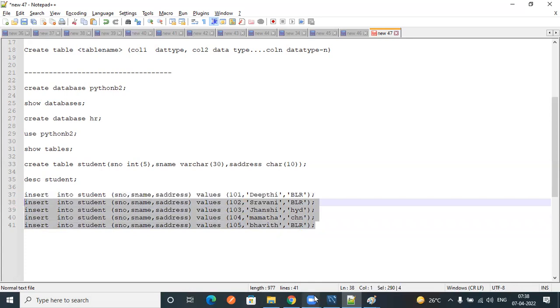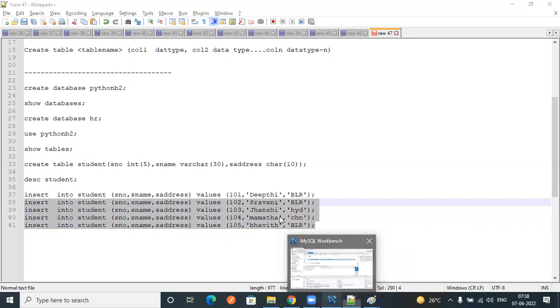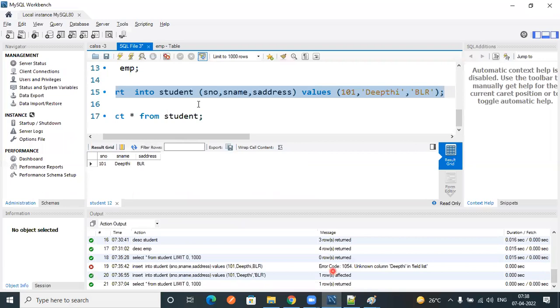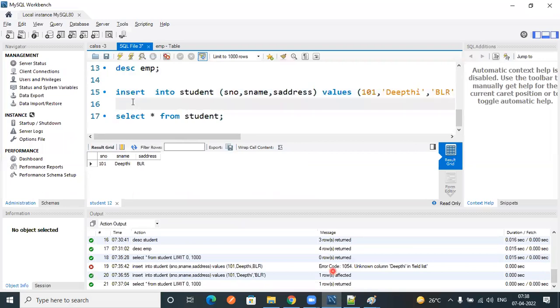If you want to insert multiple rows, then we need to prepare multiple queries. Otherwise, we can change the same query every time. So instead of changing each and every time, what I'm going to do here